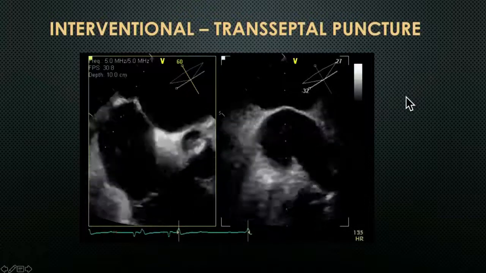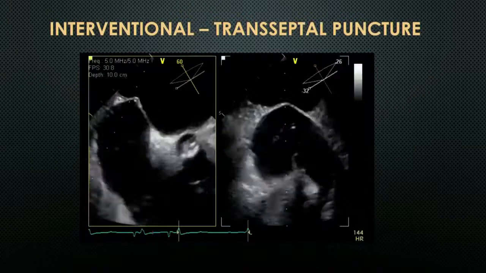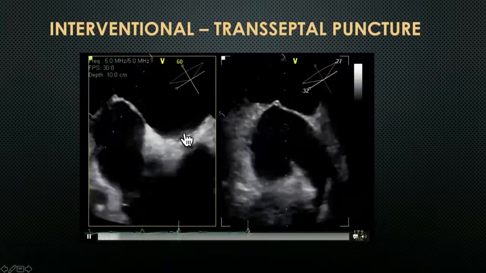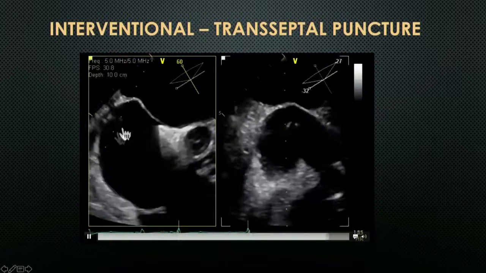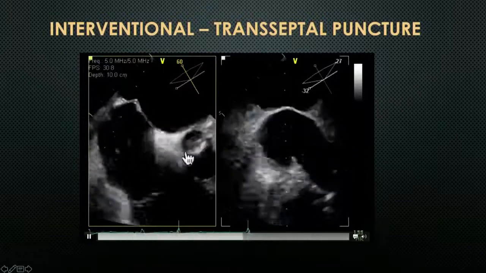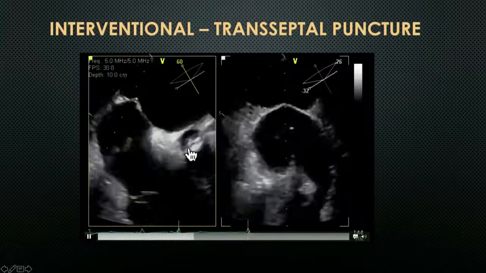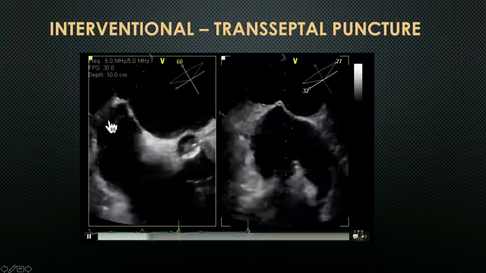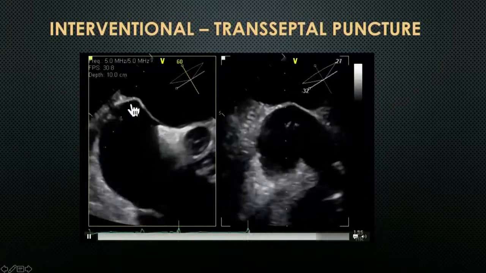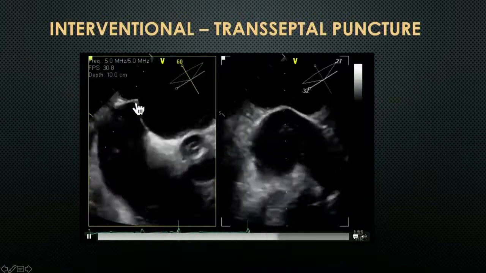Interventionally, transesophageal echo, particularly this sort of orthogonal imaging, is very important for transseptal procedures. We can visualize here in the 60-degree plane the aortic valve, which is anterior. This is more posterior, so we can tell our interventional colleagues, yes, your transseptal catheter is positioned right at the